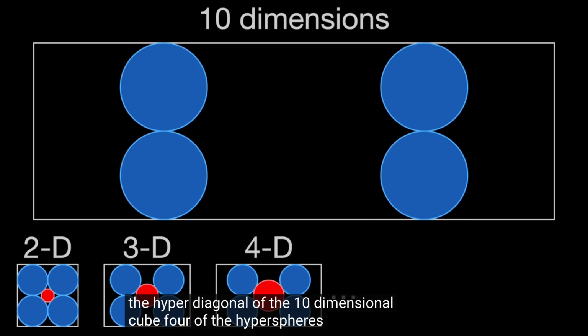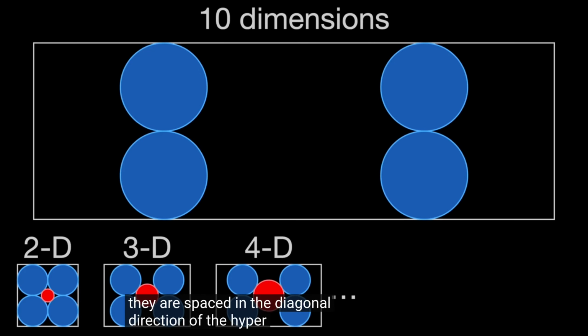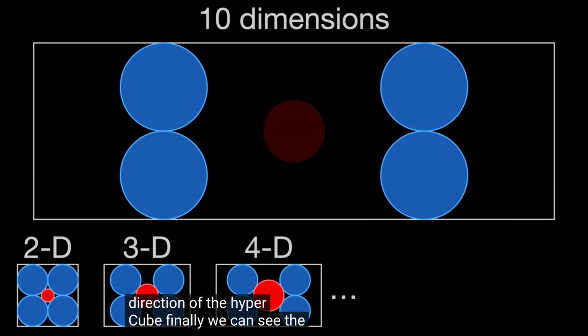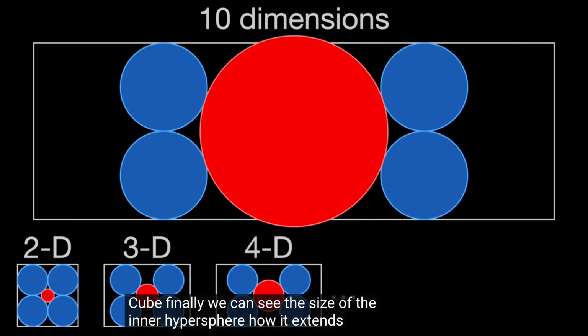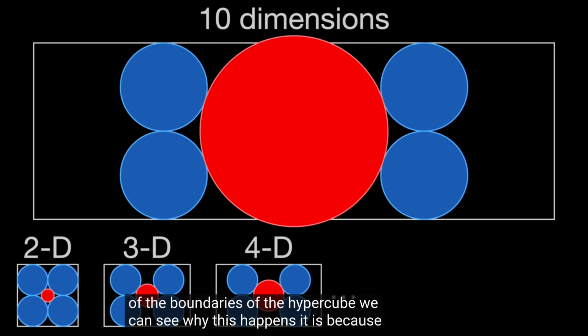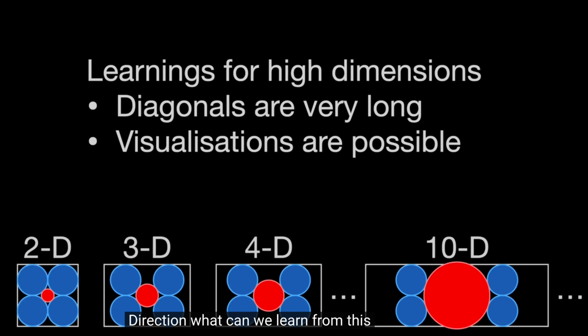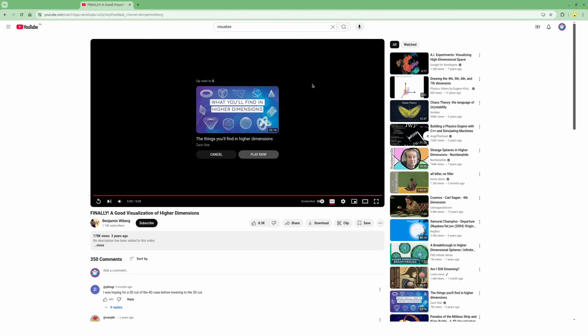4 of the blue hyperspheres show up as a circle in the cut. Note how far apart they are spaced in the diagonal direction of the hypercube. Finally, we can see the size of the inner hypersphere, how it extends outside of the boundaries of the hypercube. We can see why this happens. It is because there is a lot of room between the blue hyperspheres in the diagonal direction. What can we learn from this? A direct learning is that diagonals along